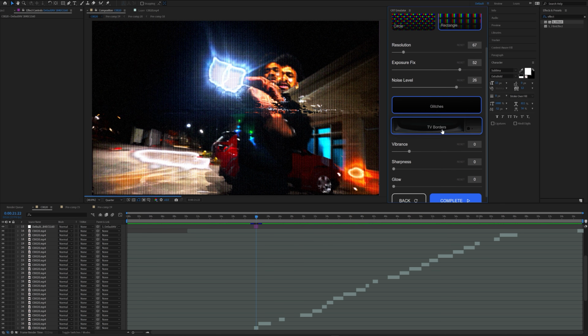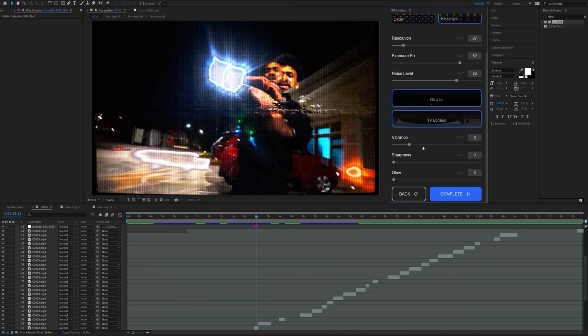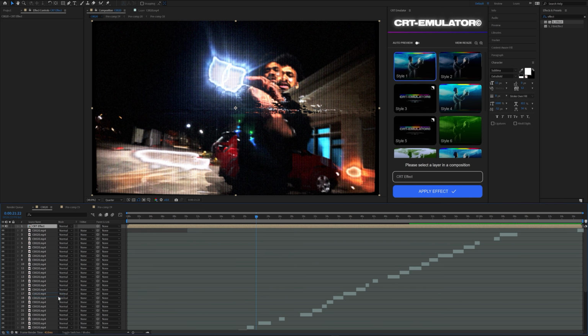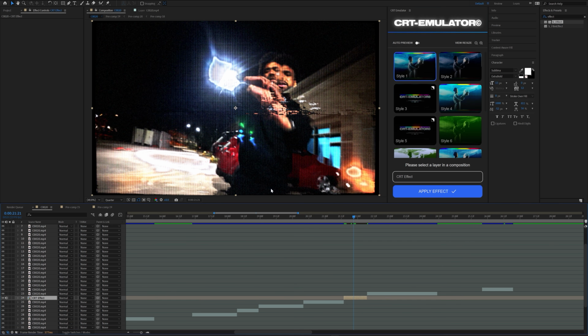And then you can add on the border if you like, which I think I will, and then you could bring up the vibrance or bring that vibrance all the way down. I like to just leave that at 0. And then sharpness you could bring up all the way as well. You could add a bit of glow, but I don't like to do that, so I'll click complete. And then now we have this really clean CRT effect in there, and then it looks just a little bit